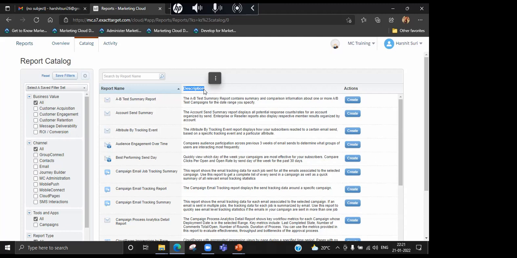If I don't emphasize more on theory, then the conceptual knowledge will not be built, and practical knowledge you can take with your experience. So if you work 2 years on Marketing Cloud, you will get 2 years of practical experience. But theoretical knowledge you will get only from me, or from Google, but there you will be getting it in bits and pieces. So I will be emphasizing theory as well.